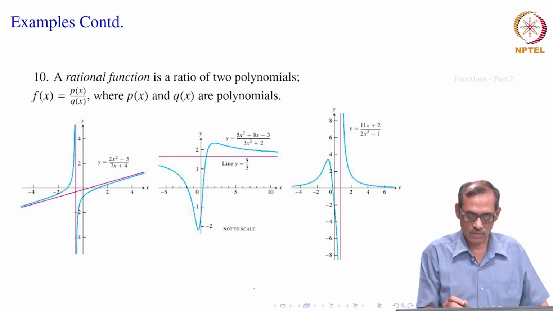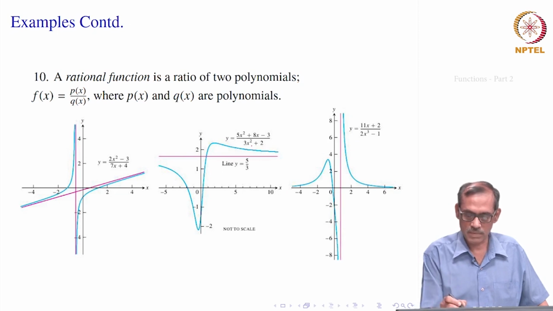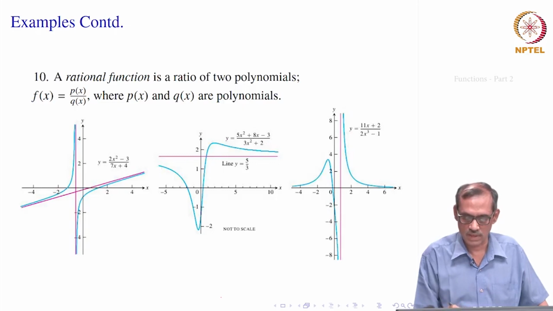So, that is now a curve which looks something like this. Look at the blue lines. It is in no way connected to the first one we had seen, because q(x) is 3x square plus 2. Now, if it is not defined, x square will be minus 2 by 3, which is not possible in reals. So, it is defined for all real numbers. Its domain is the whole of real numbers.